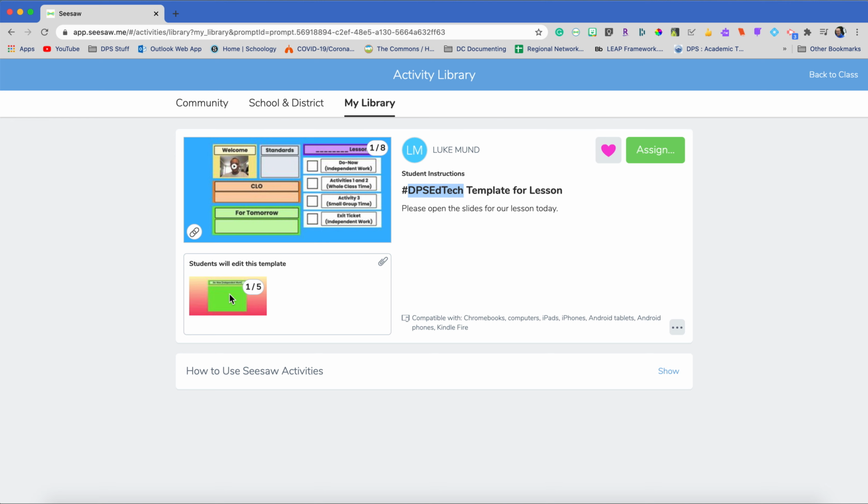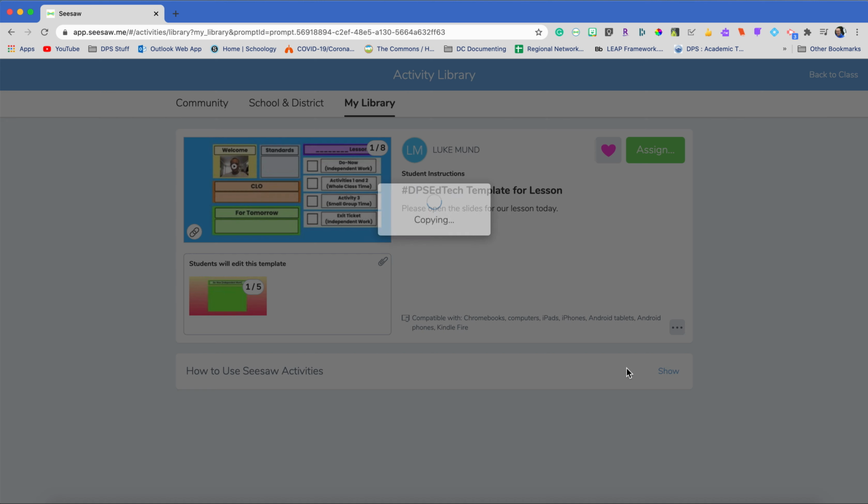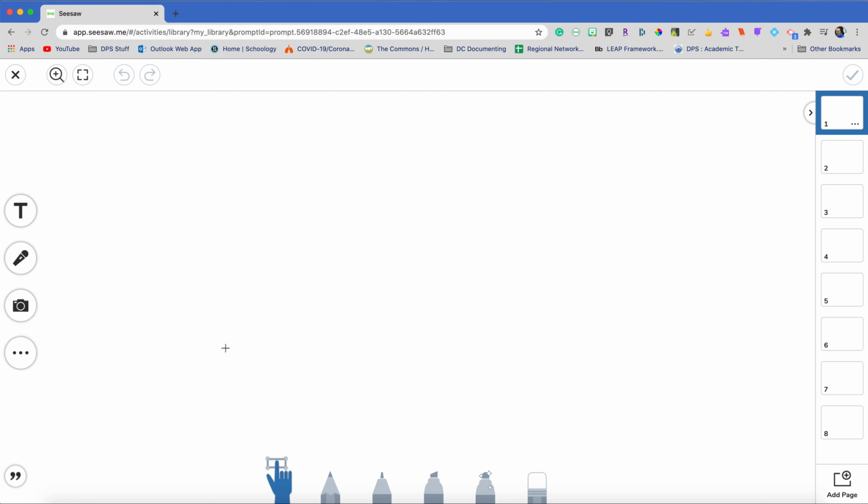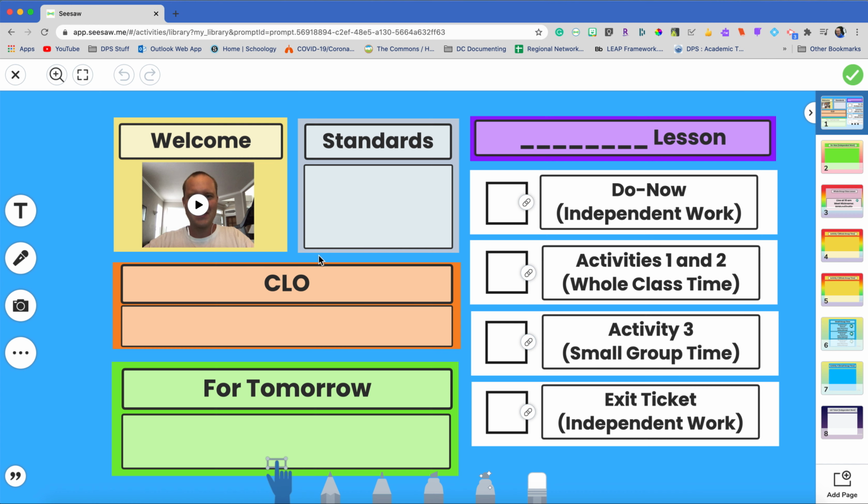Then you can come in and you can edit this. So you'll grab one of these templates, you'll make an edit and a copy. You will change this to your lesson. So we'll say this literacy. Okay, give it a name, give it instructions, and then in my activity, I'm going to have everything in one